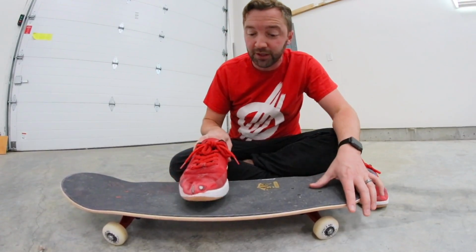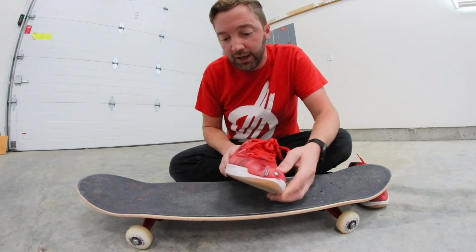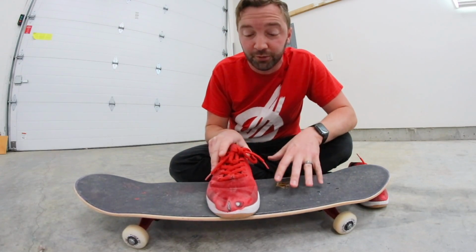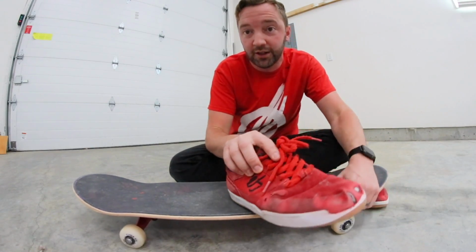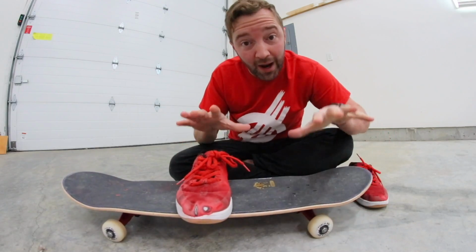All right, now front foot placement. You're gonna want to slide this part of your shoe, and I would just find a place that's comfortable for one, but you don't want to be too toe heavy and you don't want to be heel heavy, basically like this or that. You want it right kind of in the middle of the board where you have balance and